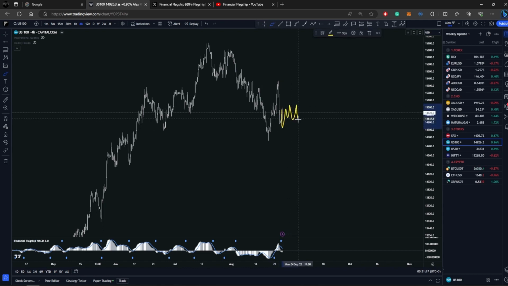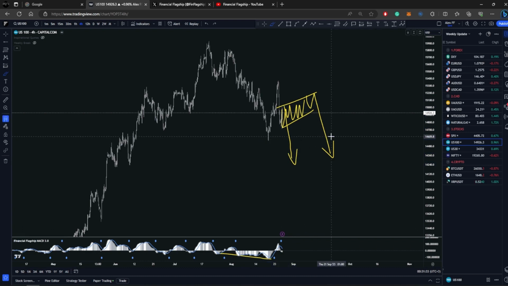Let it unfold here. So for example, this week I'm expecting the price to correct again, drop one more time, and then we'll update you later on. As you can see, we don't have divergence on the MACD, so this is a good indication that the price will fall again, break this low, and then we'll see if we go up or not. But for now, let's focus on this one. I don't advise you guys to trade it. It's a bit messy, so better to focus on something else.